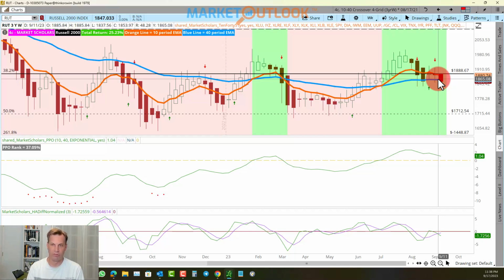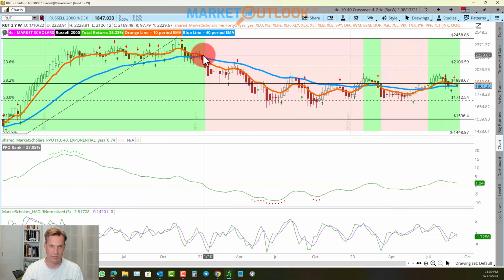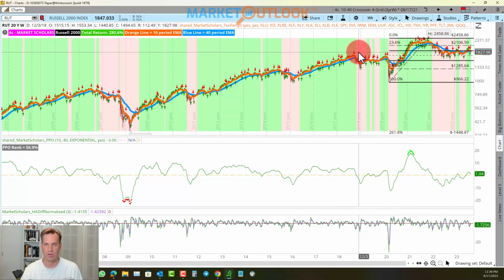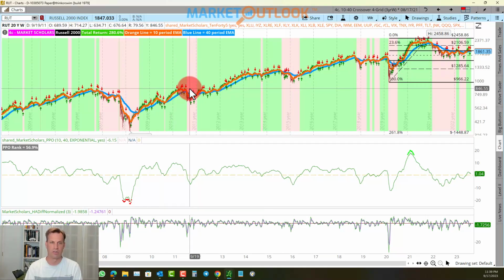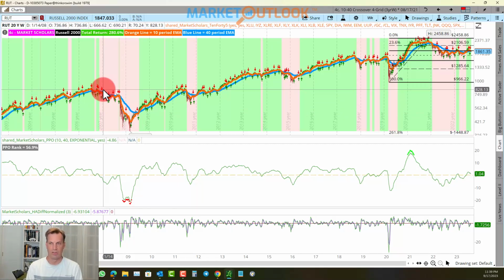So it looks like the Russell 2000 is making a run at another death cross environment, like the one you had briefly here following the financial issues with the regional banks, and then of course during the correction. And again, it's not common to get these death cross environments. You can see you got some there in fourth quarter 2018, and then with COVID, and then the 15-16 correction, 2011 correction. The bear market over here started with that correction at the end of 2007. So they typically are corrections when you get these death cross environments, and it appears that we may be headed